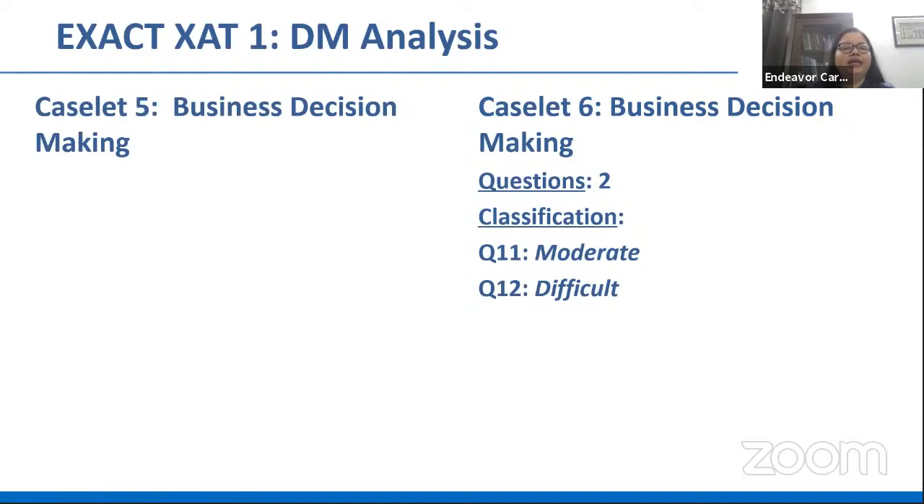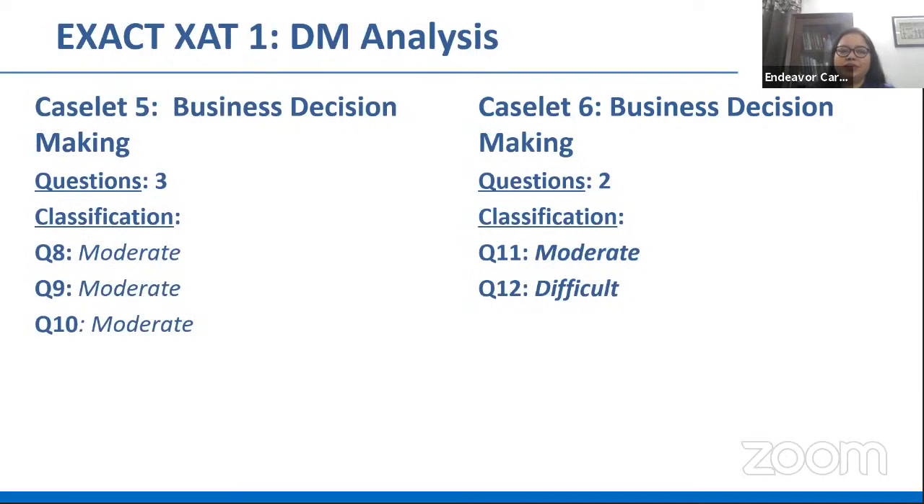Okay. Now, look at caselet 5, business decision making again. 3 questions. Thankfully, you find them moderate. Okay. This is a caselet that you can relate to. Moreover, the options are not tricky. The options are not very close. Can definitely be done. As I mentioned, please go correlate these question numbers, the caselet numbers, to the actual caselet,